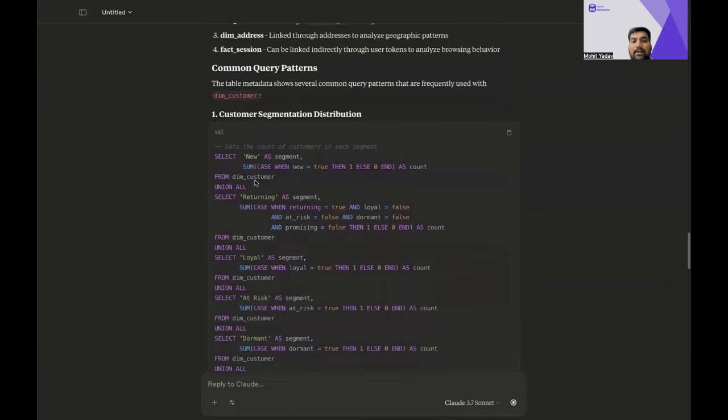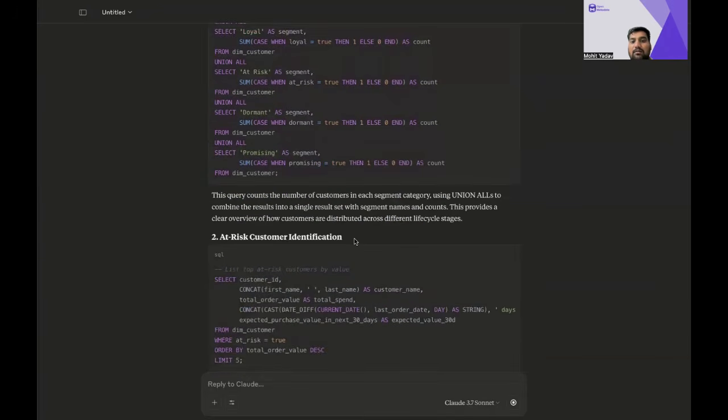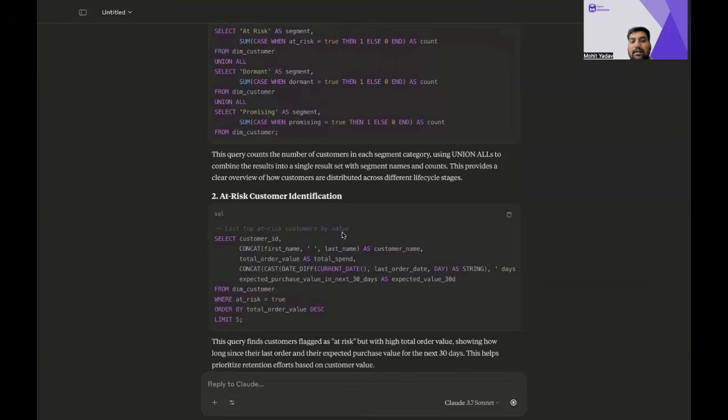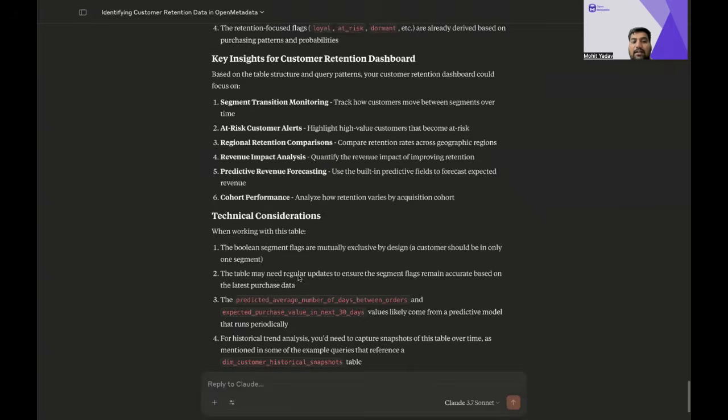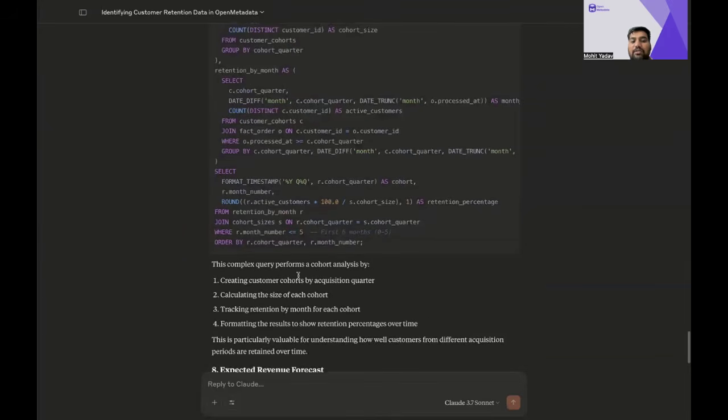This query gives you a customer segmentation distribution, and another query tells you what kind of customers are at risk and how you can identify them using these queries. So all this information is summarized in a nice format.